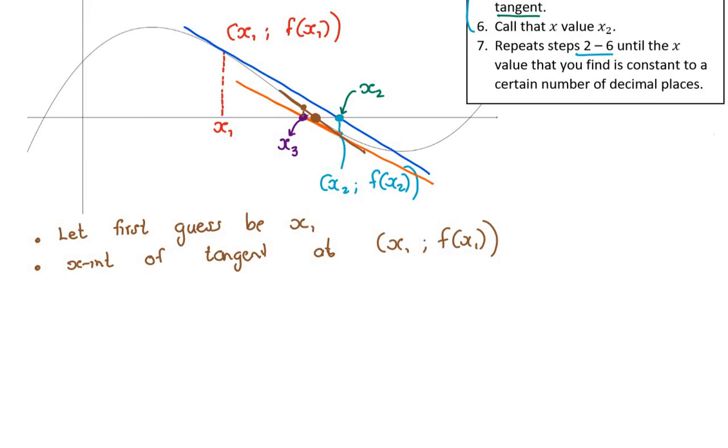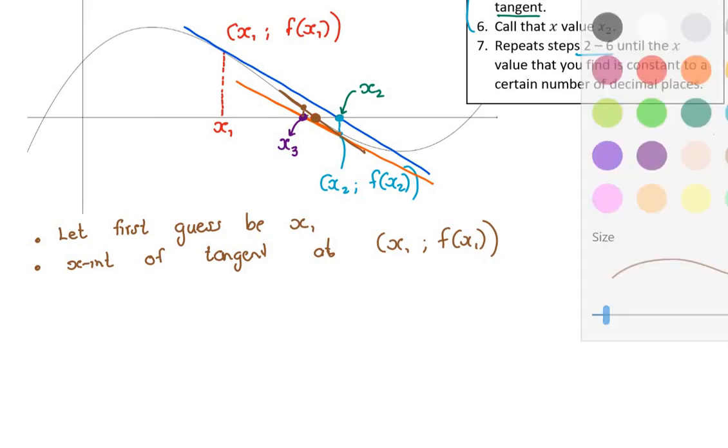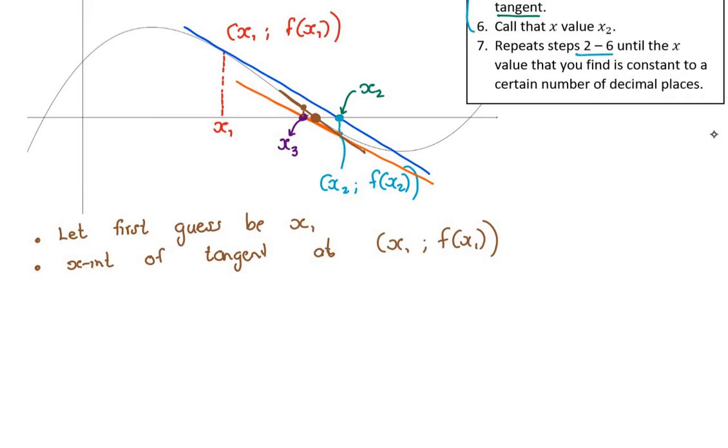So I need to find the x-intercept of that tangent. Well, first of all, I need to find the equation of that tangent would be nice. So let's have a look. What tangent am I looking at the moment? It is this original blue tangent there. So if I'm looking at that tangent, how could I find the equation of that tangent? Well, the gradient of that tangent would be change in y over change in x. This is the x-intercept, so that is the point